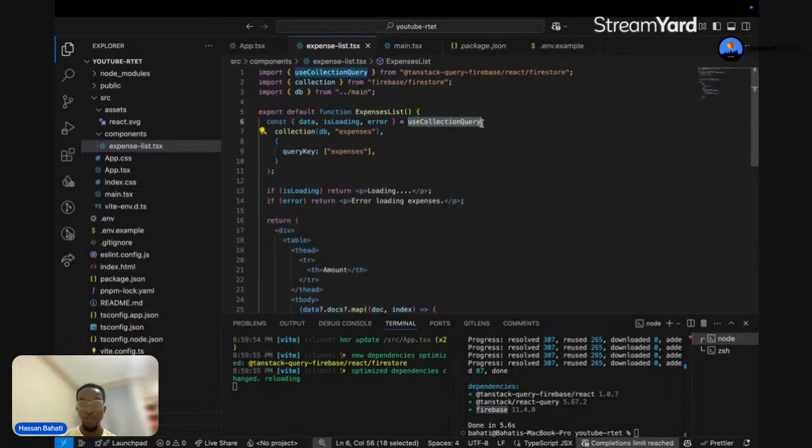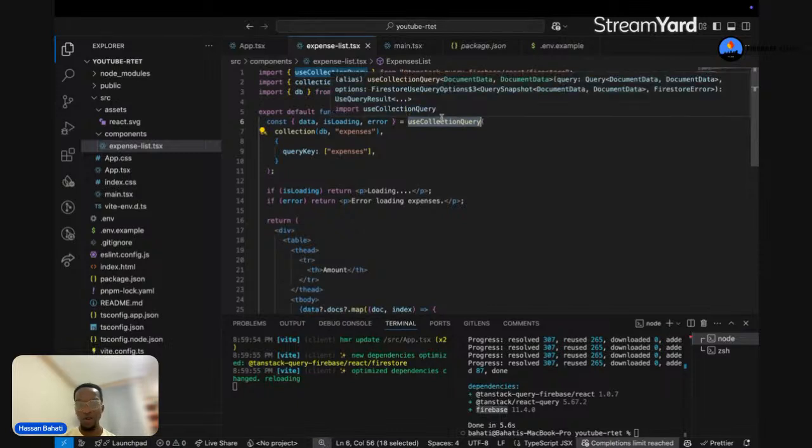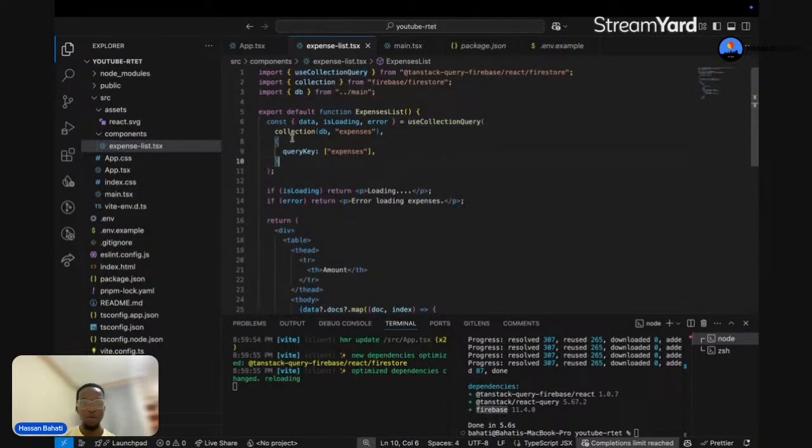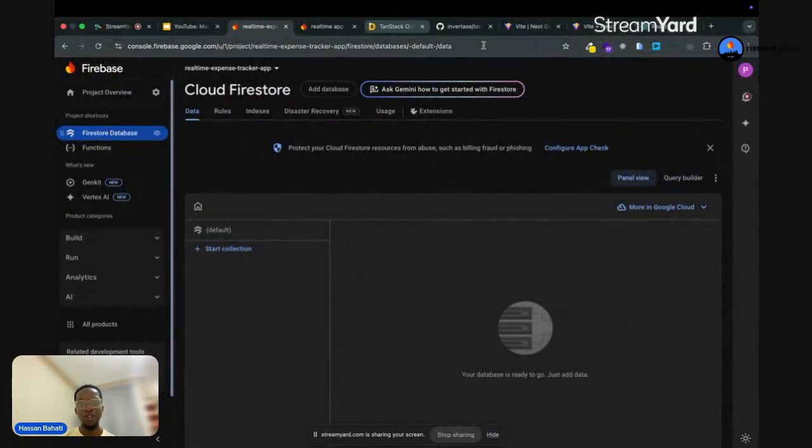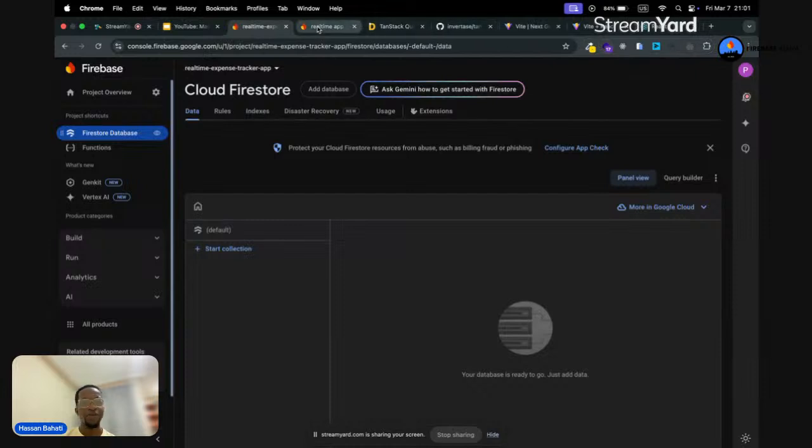TanStack Query Firebase offers a bunch of hooks that you can as well leverage, but this is one of them that you can use, and you get to have everything that TanStack Query has, and you can define all those things in here, query keys, you can have enabled booleans defined in here, and so many other things. If you get to check out the documentation of TanStack Query, we did have